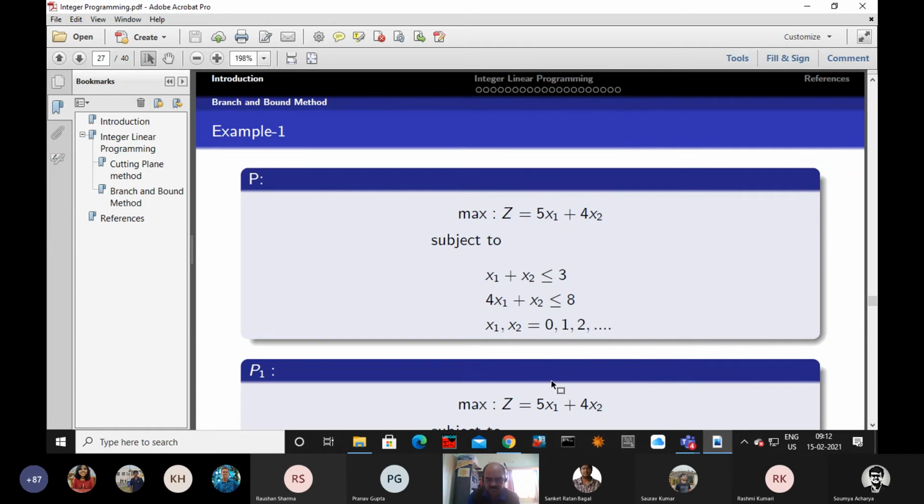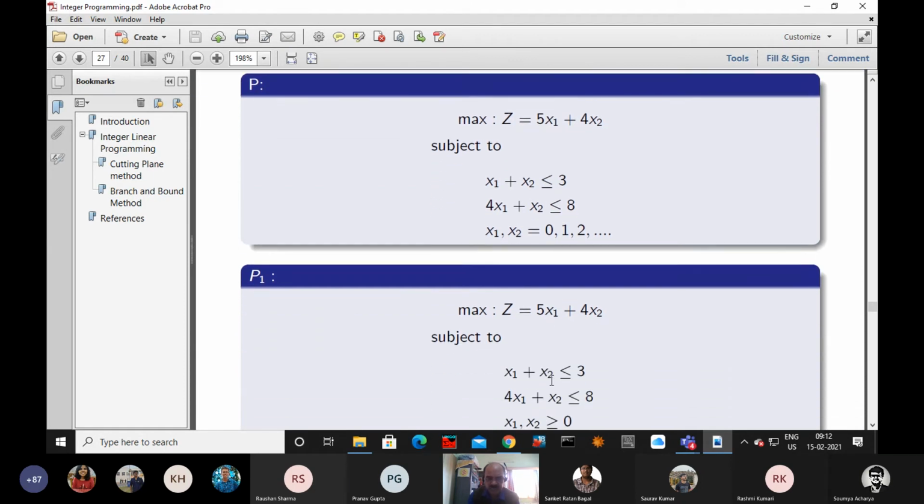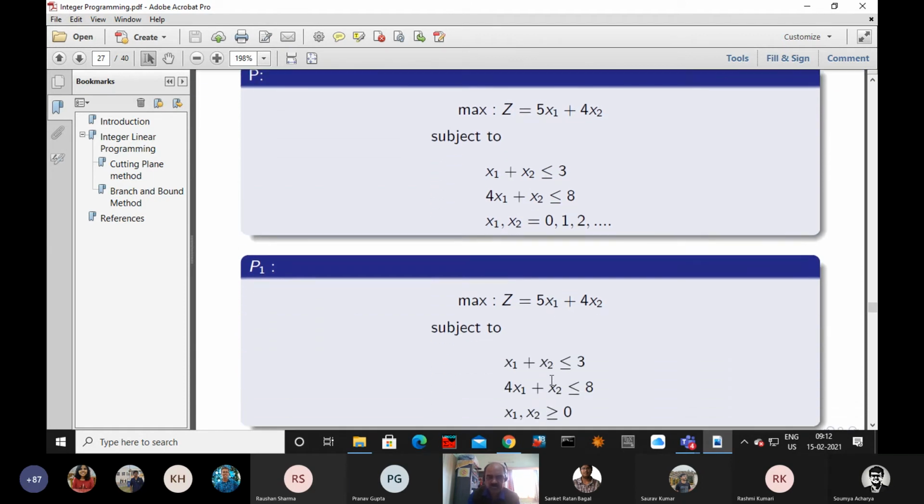This problem we are naming as P1. Okay, P1, and in this P1, what are the decision variables? In P, the decision variables are all integer, and in P1 the decision variables are fractional. Okay, this is the difference. So with respect to this,